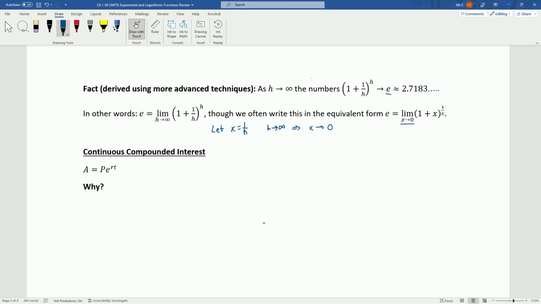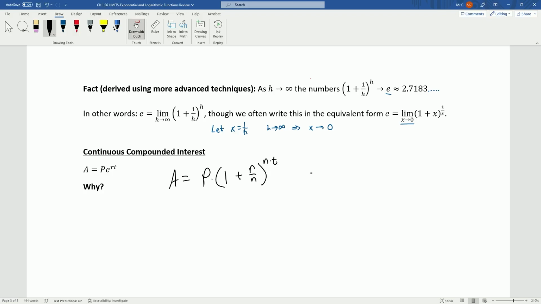Okay, so why do we care so much about the result of this limit? One of the main reasons is continuous compounding interest. Quite often, when you are being charged interest, banks will compute their interest based on continuous compounding. And the idea of continuous compounding interest is, what happens if we take our previous formula, A equals P times 1 plus r over n to the n times t,